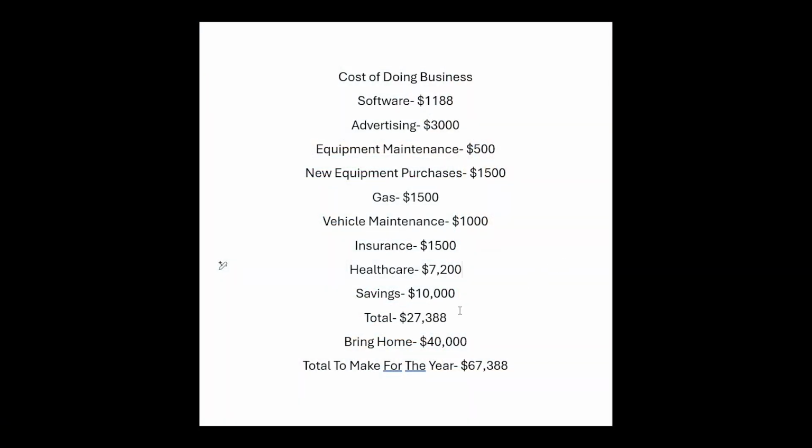I did go ahead and change this, I forgot to include the savings into it. So that brings my total to $27,388 that I have to be bringing home every year just to be able to cover my expenses and my healthcare, adding in the savings to it. Now, if I want to bring home $40,000, that means $40,000 that is in my pocket after all expenses, I need to be making a total of